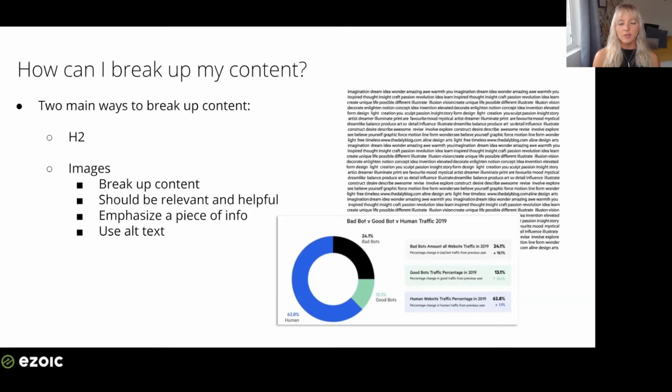It's not something that you just throw on to break up content. It should be something that has to do with what you're talking about, and not just a random image that's related. They're a good way to draw the reader's eyes to a point you're trying to make, and you can help them find answers if it is relevant to the image. Images can also be used as a great way to illustrate a point you're trying to make.